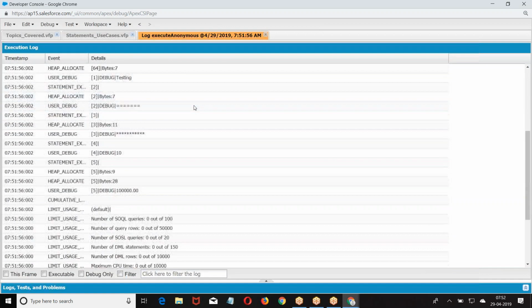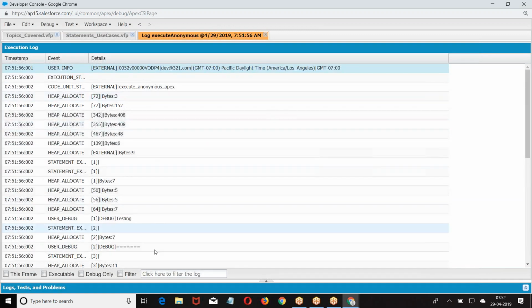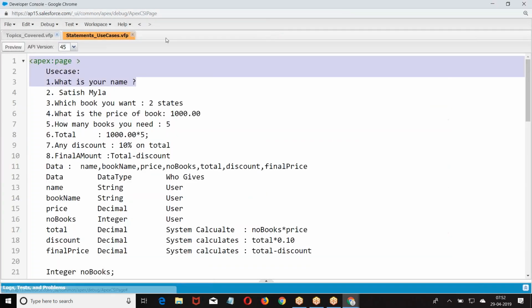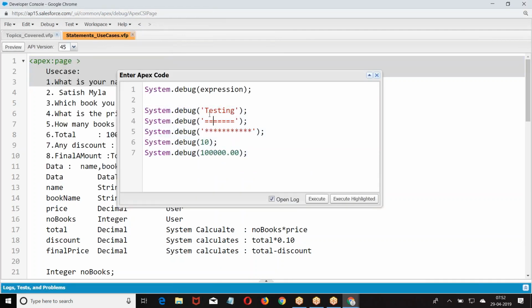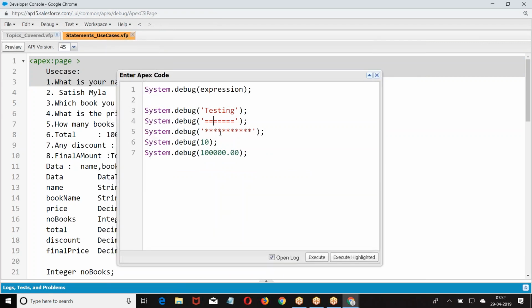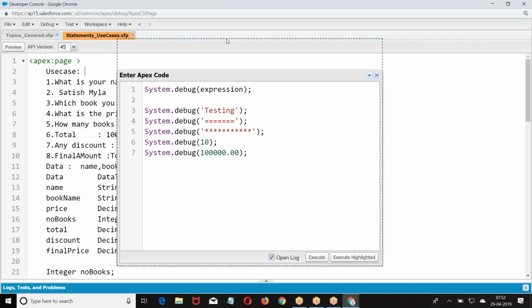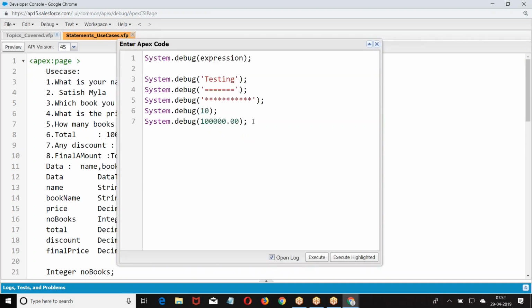Now in this, a lot of program is there. How do you understand this? There is a reason. Always have a practice of putting one format, so that when you look at the log, when we have the symbol, it is a test message. So always try to put some symbol instead of putting random messages. Always follow some expression format, so that when you open the log, you know this is my printed statement. I hope you are good with this.